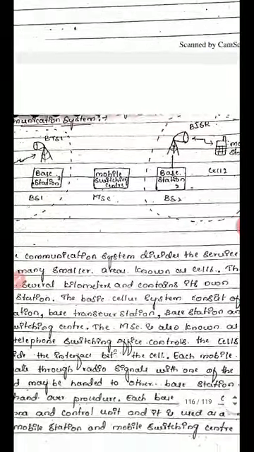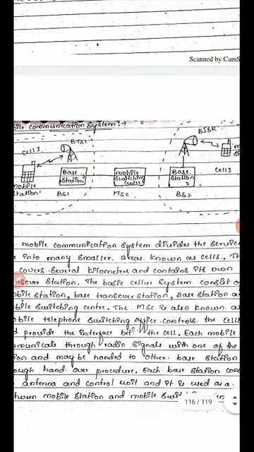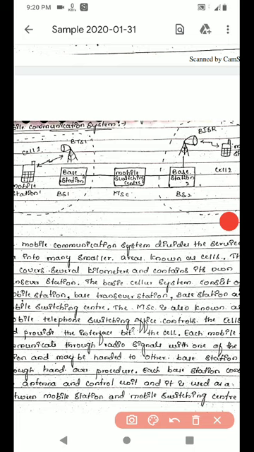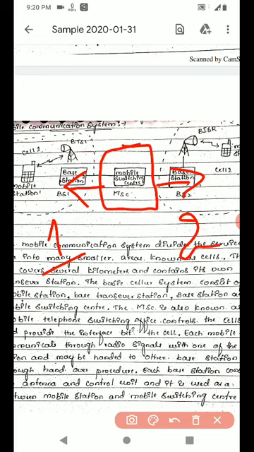Here like this n number of cellular areas are present, and they are interconnected by the MSC, mobile switching center. It acts as an interface between the cellular areas. Here I am considering two cells, cell 1 and cell 2. They are connected by the mobile switching center, MSC.